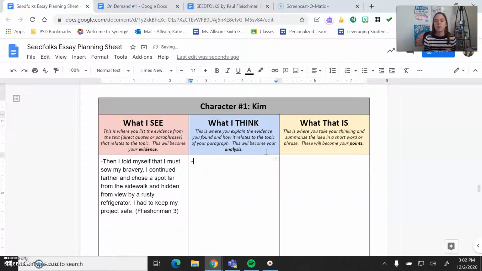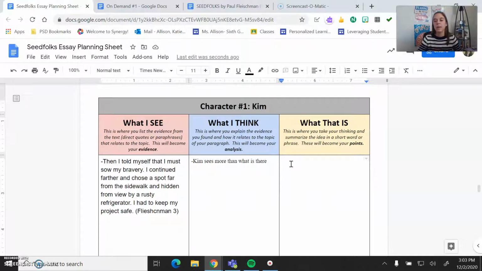Well, I look at this quote and I'm thinking, okay, so Kim finds this dirt lot and she wants to go to a better place in it, you know, kind of keep it safe. So I'm going to say Kim sees more than what is there, right? She sees a kind of potential in it versus just like, ew, this is a gross place, okay?